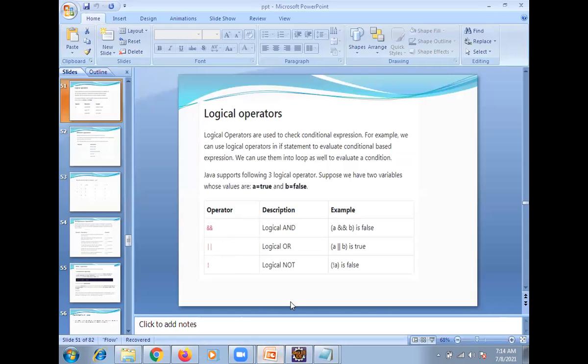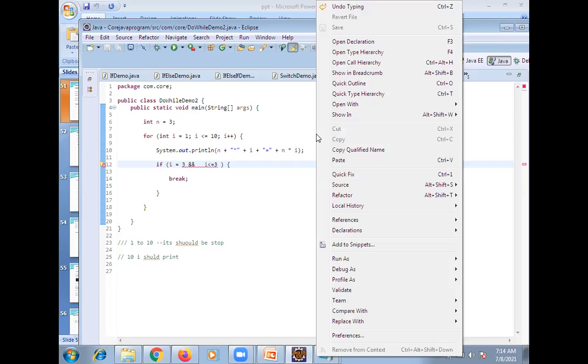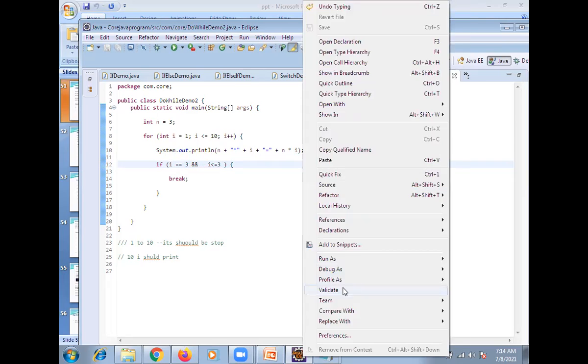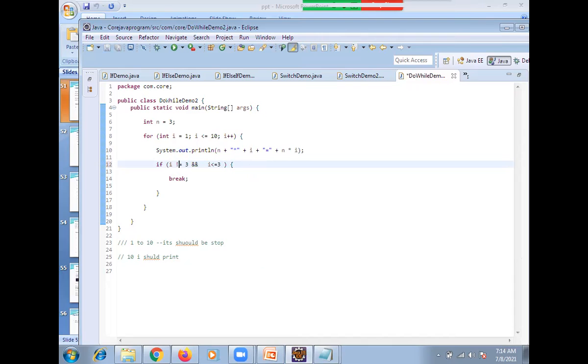And not equal to also works like this. If you give the I value as 3, it comes up to 3. Less than or equal to means yes, always. Now let's see that also. Got it?